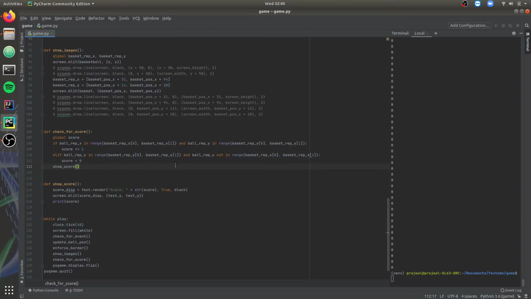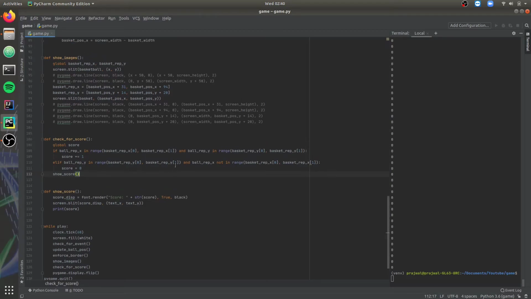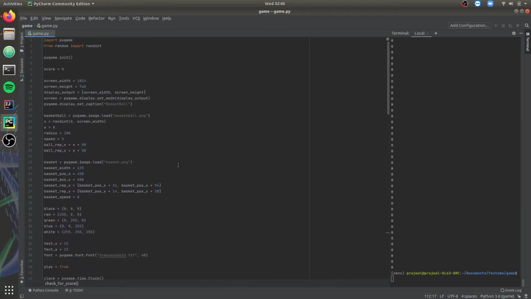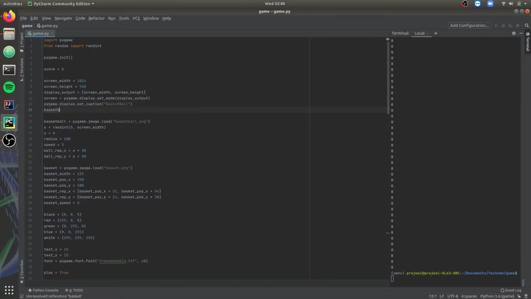Now first we need to load the image. So we go to the variable initialization section. Let's name a variable called basketball court. We initialize the image using pygame.image.load. Now that the image has been loaded into the game, we need to display it. We go to the function where we displayed the other images.